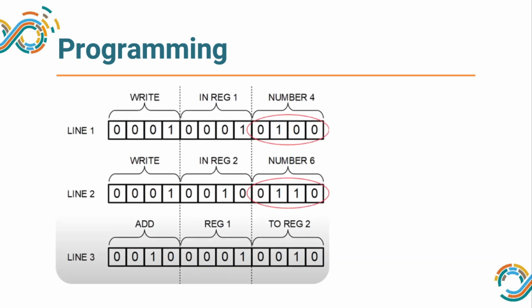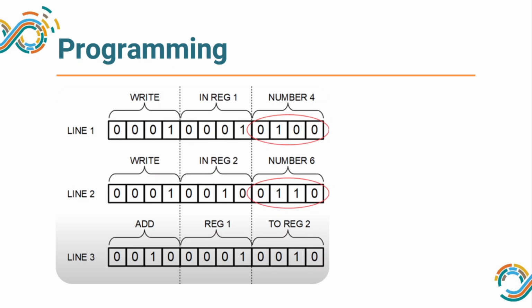We said we are giving 3 instructions in 3 lines. So line 1, 2, 3. This is one 12-bit instruction. These 12 bits are divided into multiple parts. The first 4 bits have a code for the type of function that we are going to perform. So if there are 4 bits, that means this microcontroller can have 16 different instructions. Every instruction is given a unique code. 0001 is given for write in this case. So the first 4 bits represent that we are writing something.